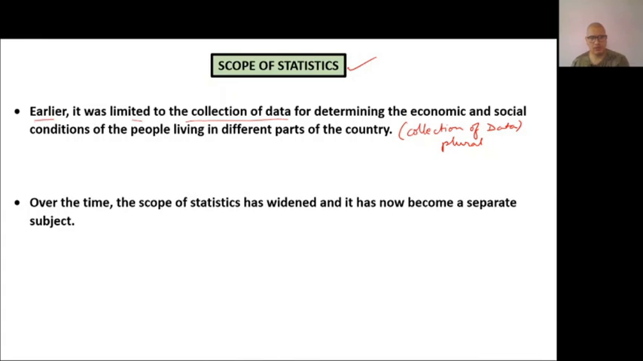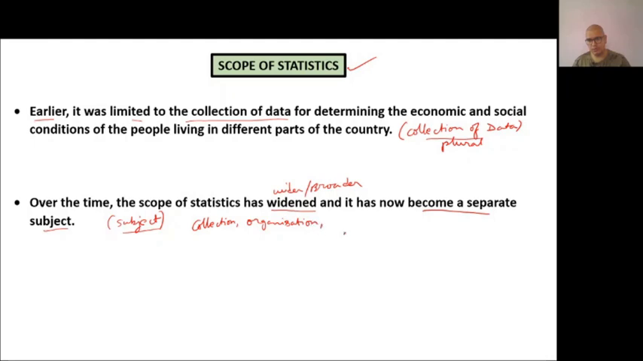Later on, over time, the scope of statistics has become wider, in the sense that it has now become a separate subject. Earlier it was treated only as a tool for collection of data, but now it is treated as a different, separate subject. In this subject we not only deal with collection but also with organization,